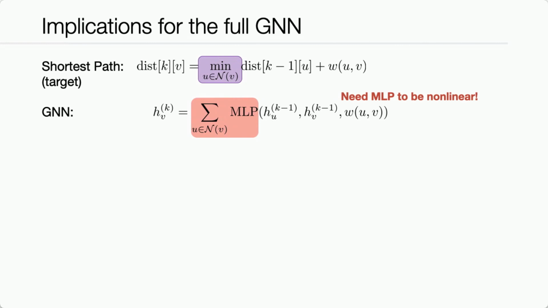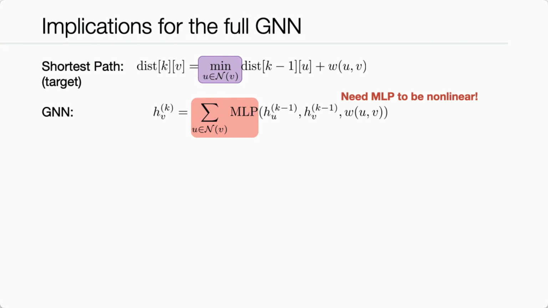That means we essentially have to learn a function that is the min over the neighbor's features with some addition of the edge weight. So a GNN can model this. My MLP can model this, but the MLP has to be a nonlinear function to be modeling this. Which means, as per what I said in the previous few slides, it will work very well in my training data, but it will not work so well on out of distribution data potentially.